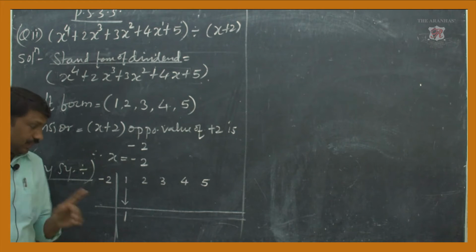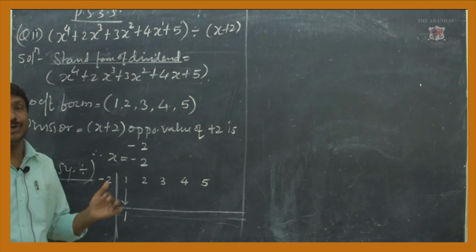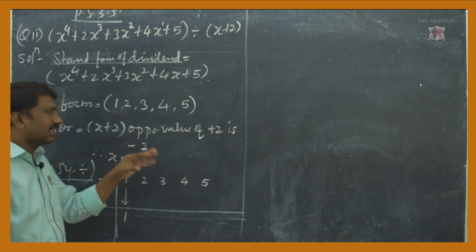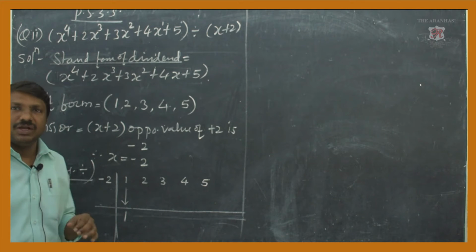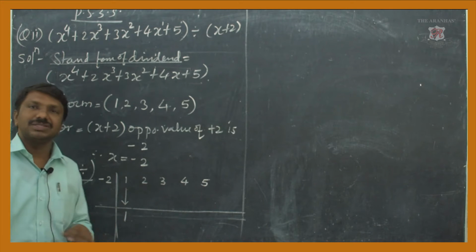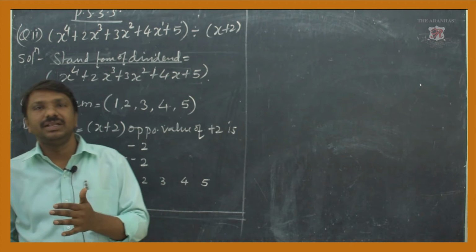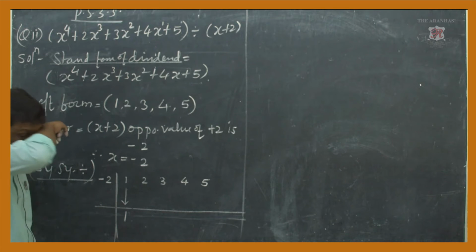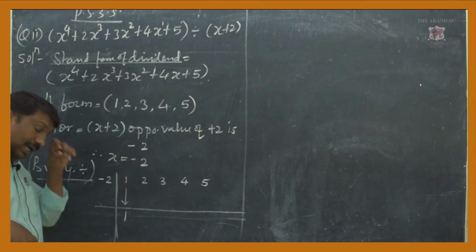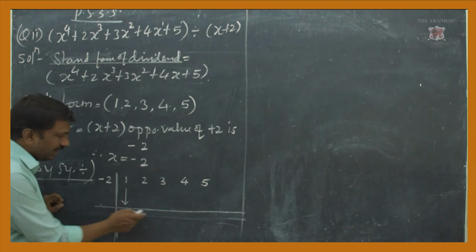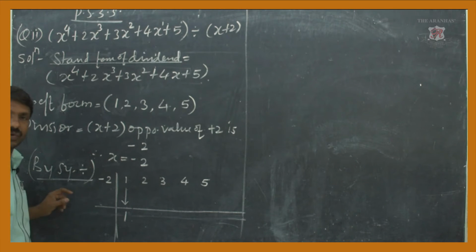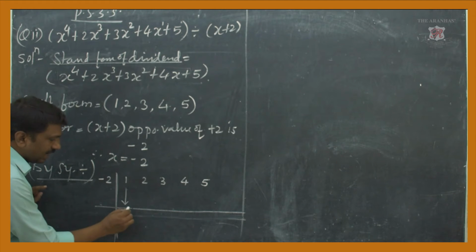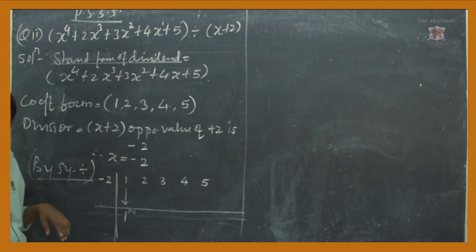And I told you, this process was introduced about 15 years ago, when I was in school. That time, we used to write all this multiplication, then later it started to be omitted. But for your kind information, you can take a pencil and show this multiplication. What we are always doing is, when we get a remainder, we multiply with the divisor. Now the divisor is minus 2, 1 is taken, you have to multiply with minus 2.